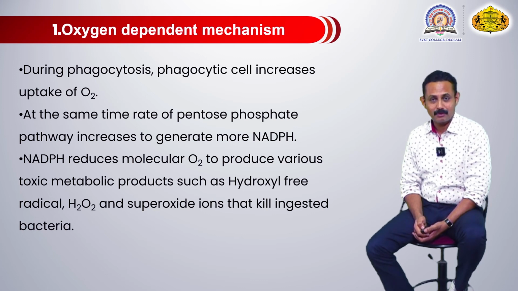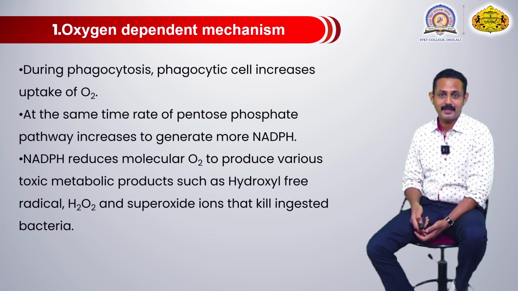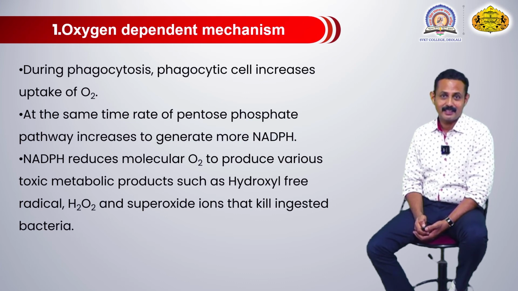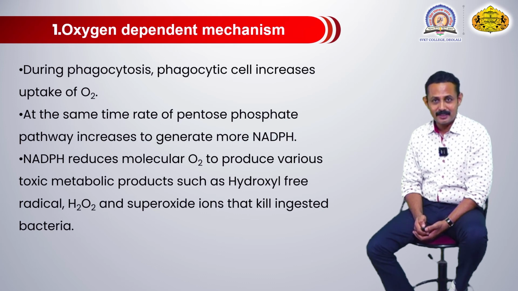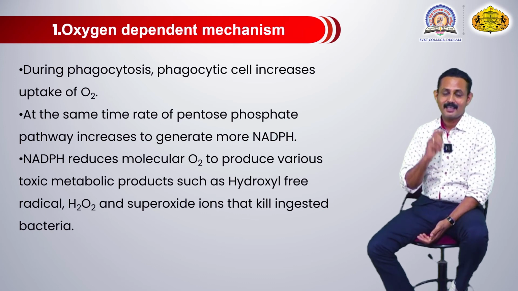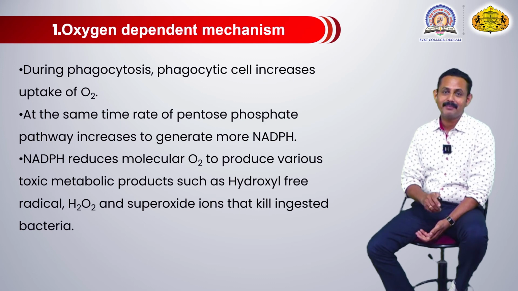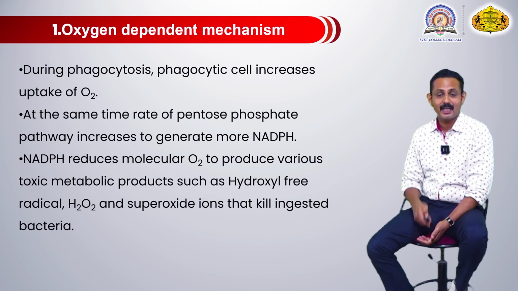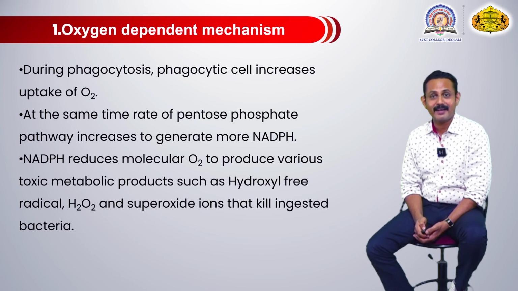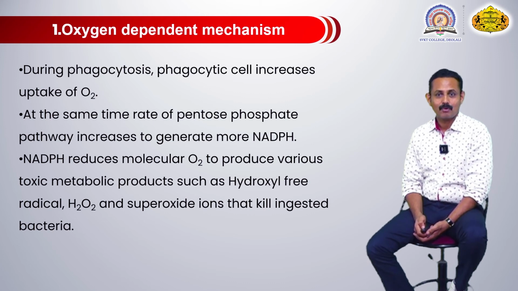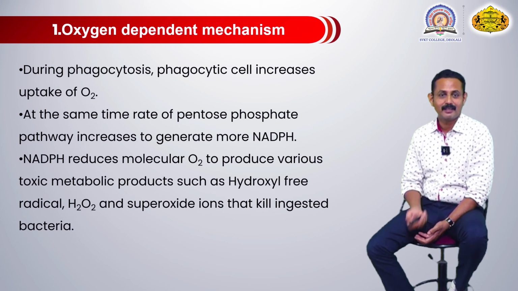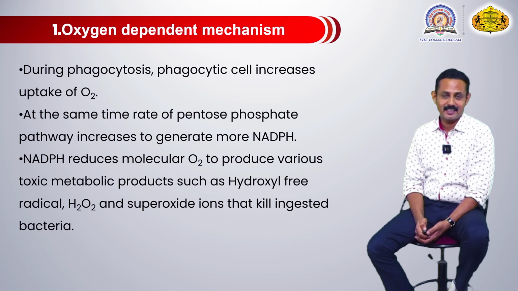Why this pathway is rapidly performed here: it generates the reducing power in the form of hydrogens. This NADP is a hydrogen carrier, and oxygen is combined with that hydrogen, and its reduction takes place. By its reduction, it produces different types of radicals. These radicals commonly include hydroxyl radicals, free radicals, then hydrogen peroxide, then superoxide ions, and all